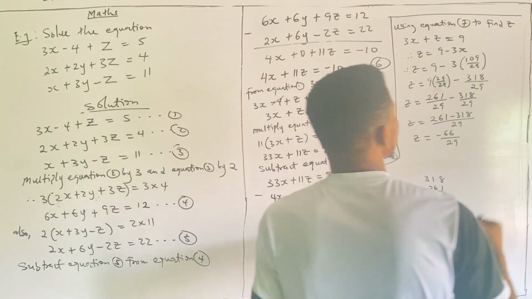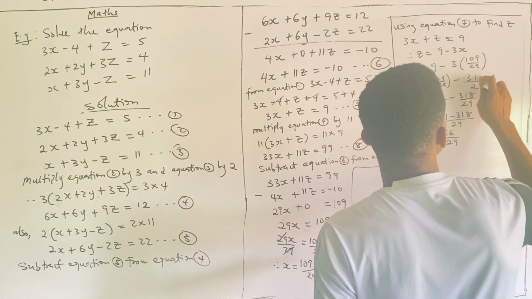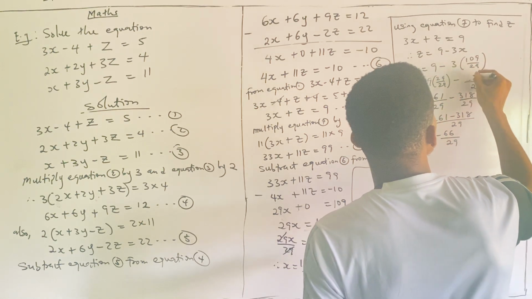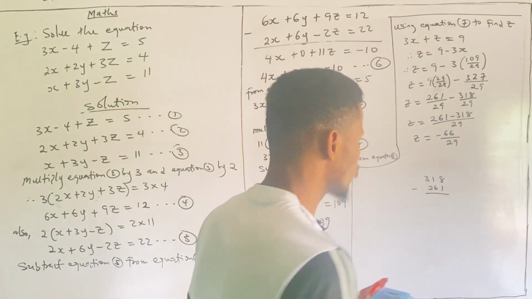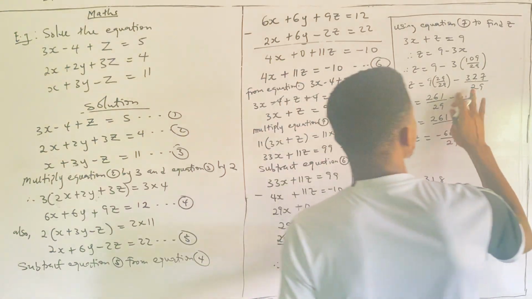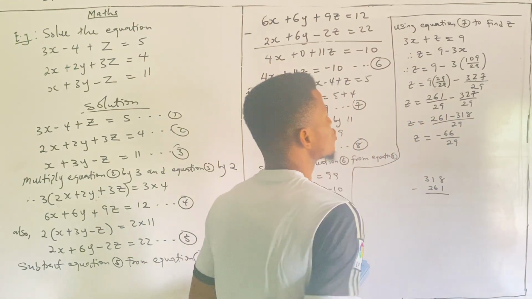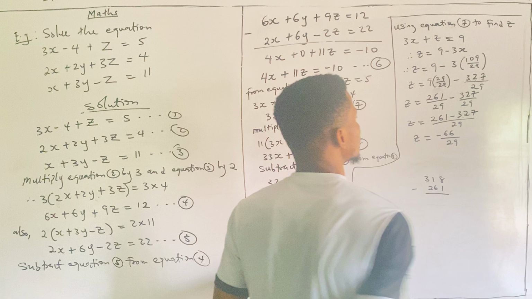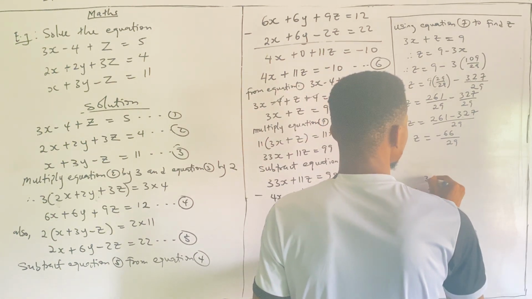Sorry. 3 times 9 is not 18. 3 times 9 is 27. Alright? So we have 7 here. We carry 2. 3 times 0 is 0. We put 2 here. 3 times 1 is 3. So this is supposed to be 327. Yes, here we have 327. Sorry for the error. So we have 327